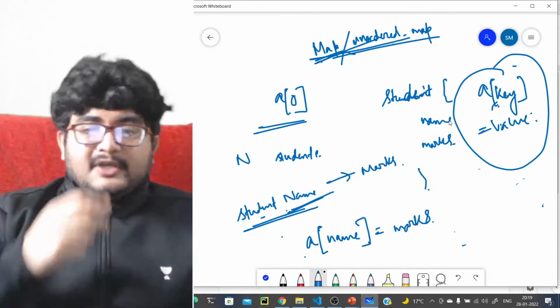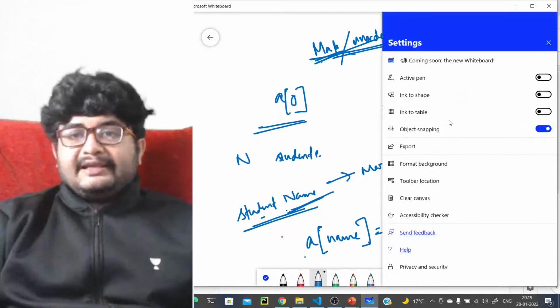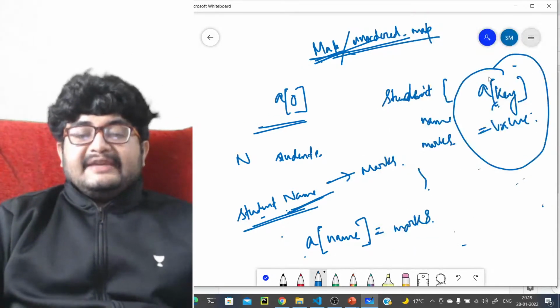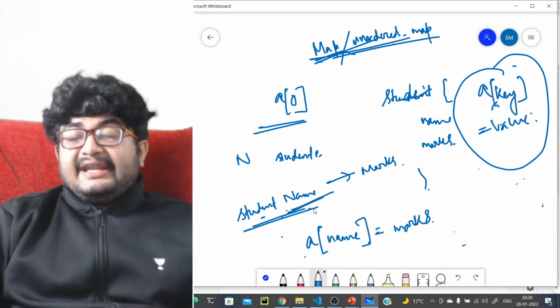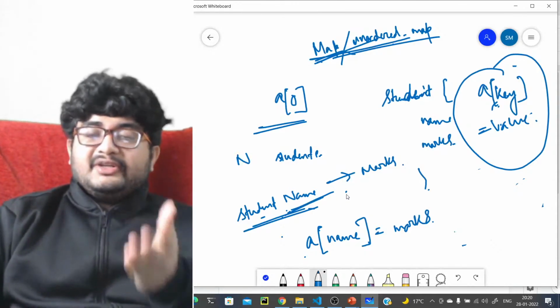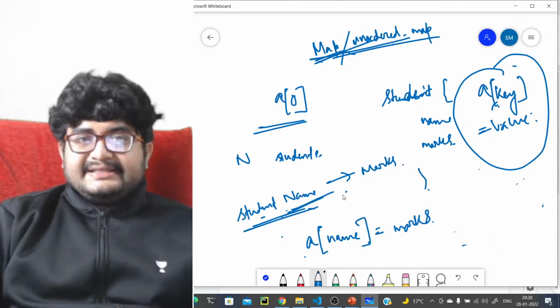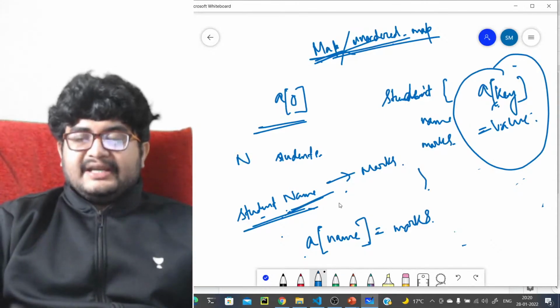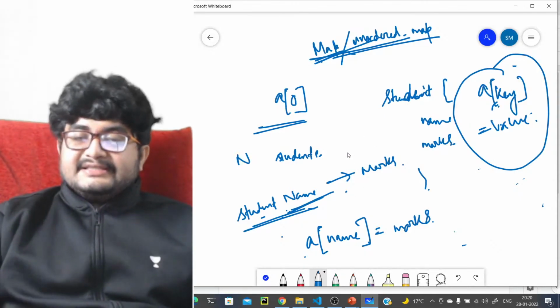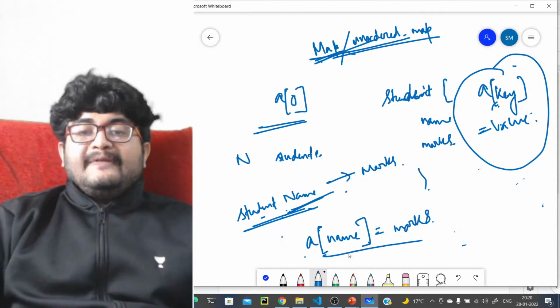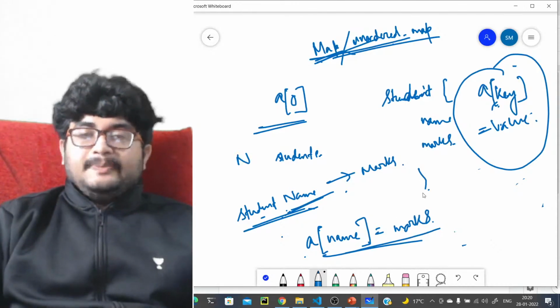Because problems will not always be given an index and asked to find the value. You are given the student name, you have to give the marks. This is more realistic than given the student index find the marks, right? So that's why we need such key value stores, and these operations should be fast, right?